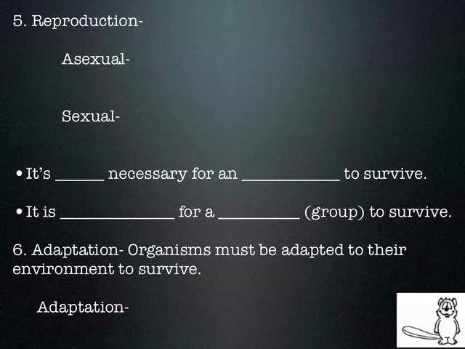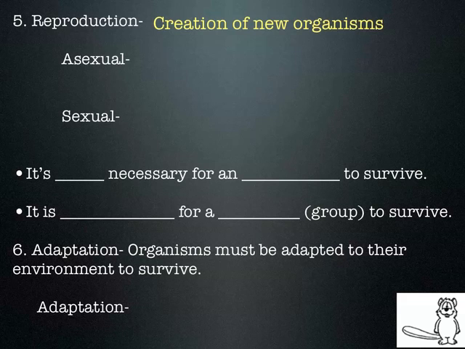Yeah. All right, so we talked about reproduction. And we sort of got cut off at the end, so let's just review. All living things must have the possibility of reproduction. Otherwise, species would become extinct. We need to replace members of the species that die off in order to keep the species alive. And so, in general, reproduction is just creating new members of the species, creating new organisms.